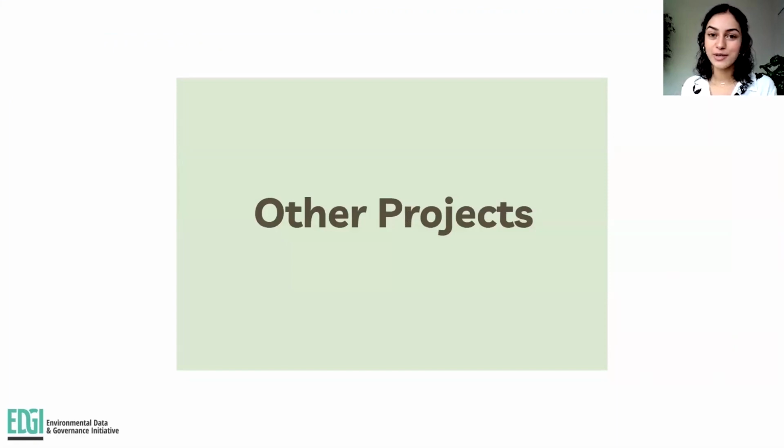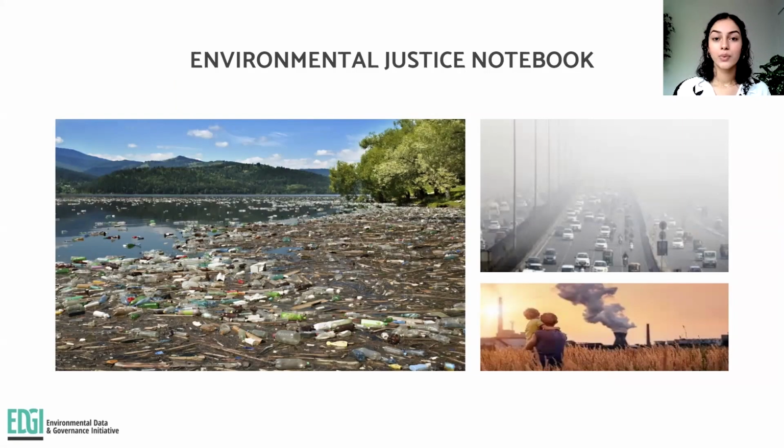I also wanted to talk to you about some of the other notebooks we are in the process of creating and finalizing. We are working on an environmental justice notebook, which I'm so excited about. The EPA defines environmental justice as the fair treatment and meaningful involvement of all people with respect to the development, implementation, and enforcement of environmental laws. EDGI says that this goal will only be achieved when everyone enjoys the same degree of protection from environmental and health hazards and equal access to the decision-making process to have a healthy environment in which to live, learn, and